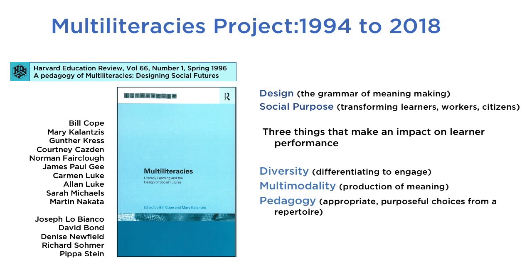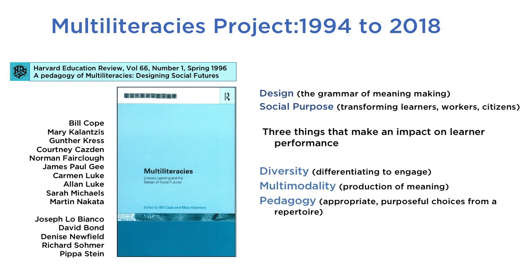Just to establish the context, the Multiliteracies project, which was initiated in 1994, which is about 24 years ago now, was an endeavour of bringing people in the field who were concerned about literacy and meaning making together to try and reflect on the fact that despite all the work that we were doing, despite all our CVs and all our research, the gap between those who were performing in formal educational settings and those who weren't performing was getting bigger. So we had some resources from our Australian projects, and we brought a group of people together